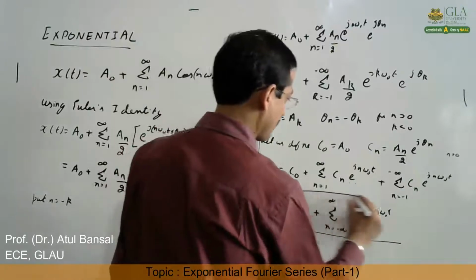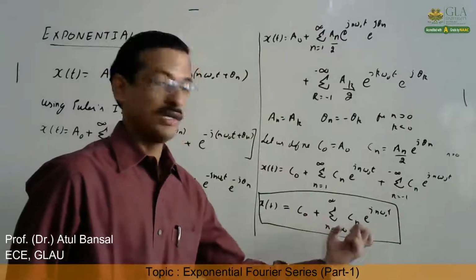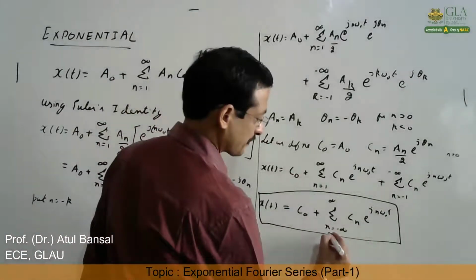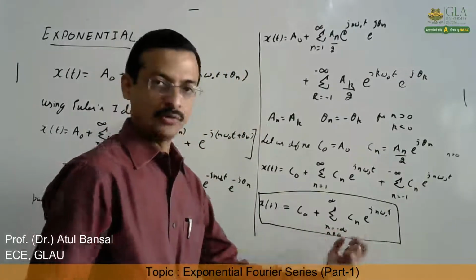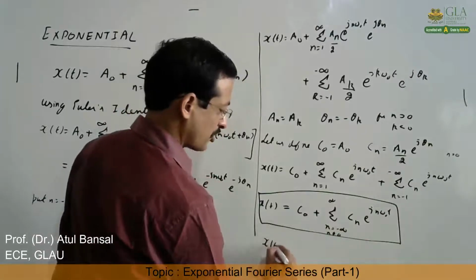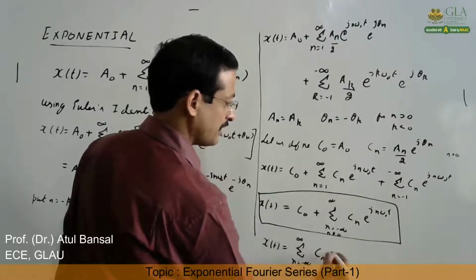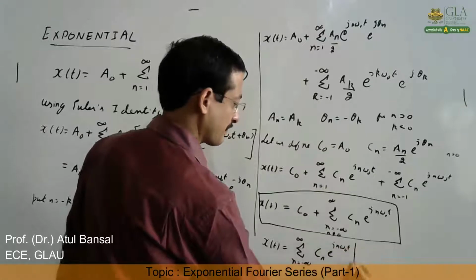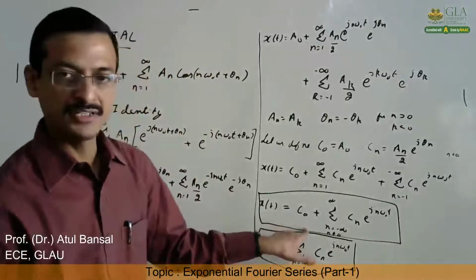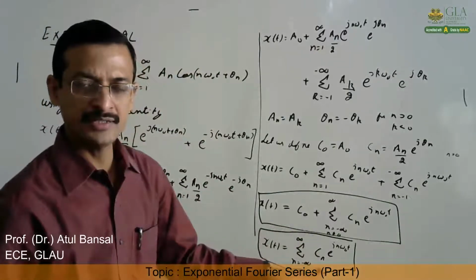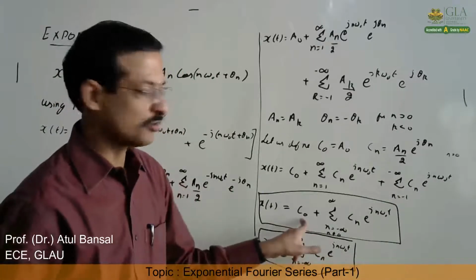Now this represents the periodic signal x(t) in terms of an exponential Fourier series. Here n is not equal to 0, because n equal to 0 we have taken out. We can even combine it together, that is, we can make it more compact: sigma n equals minus infinity to infinity Cn e raised to power j n omega naught t. Now the difference between these two is that here we have shown the DC component separately, and here we have put it inside the summation. Because for n equal to 0, this will become C0 and e raised to power 0 is 1. So it will come out to be the same.